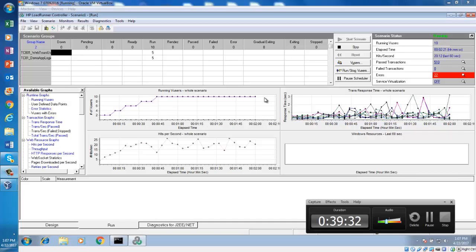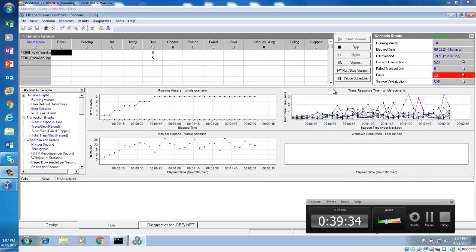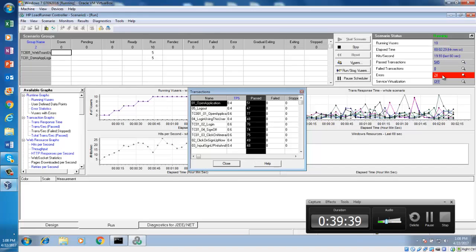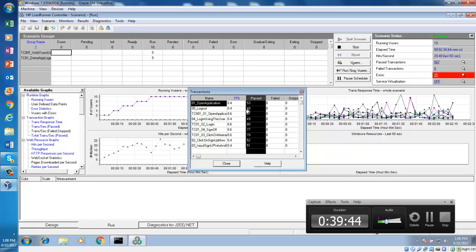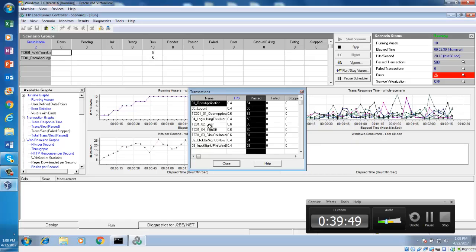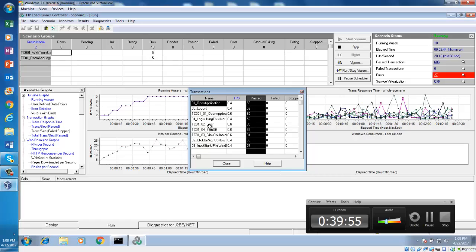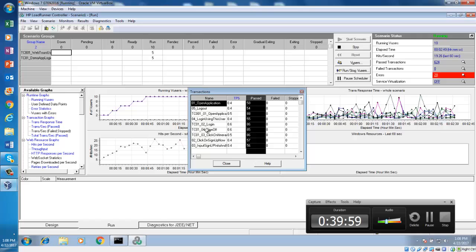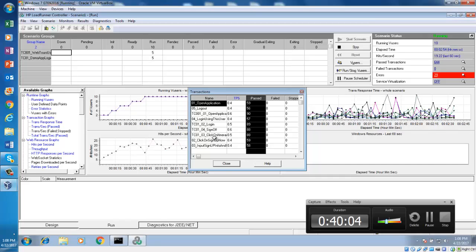Now, let's take a look, guys. While the test is running, you do something. Can you see we are having some errors? So first you click here. Can you see that there is no failure here? All of the transactions we have, let's say, open application. This transaction will be confusing because we have two of them. I want you to focus on one thing here. Can you see this open application? We have two open applications. This open application, this open application.